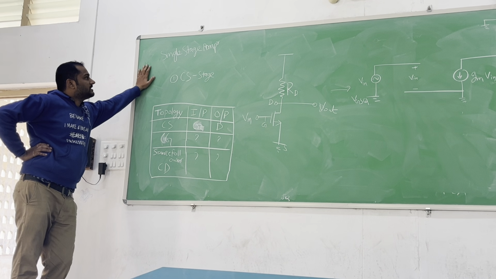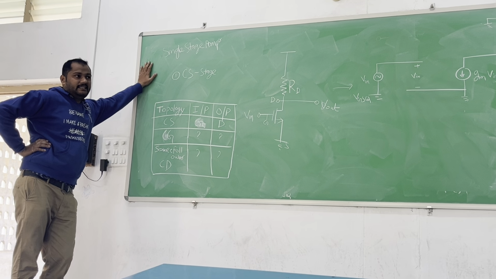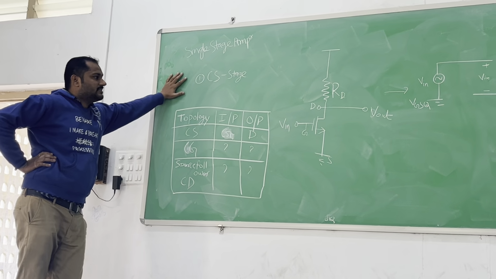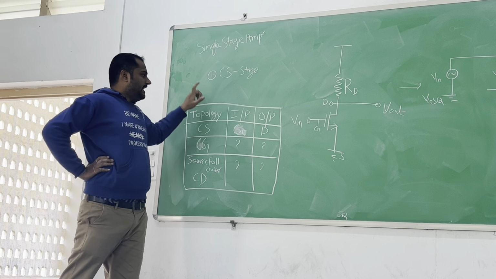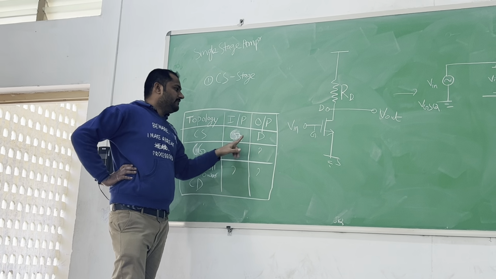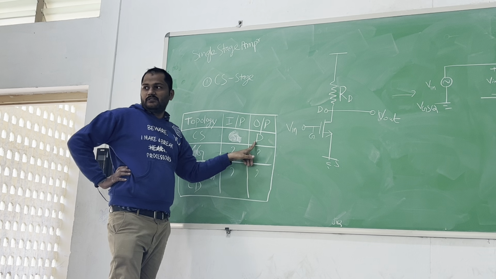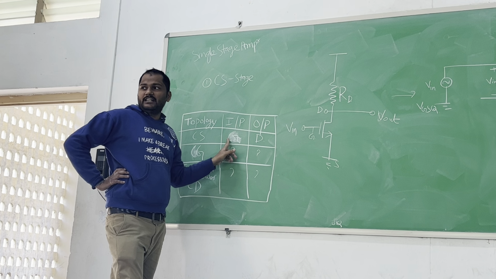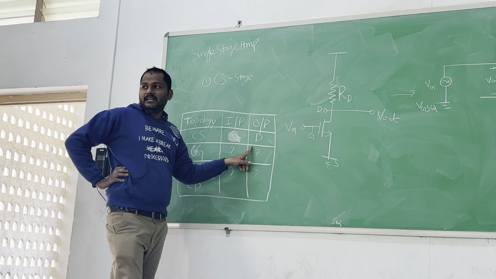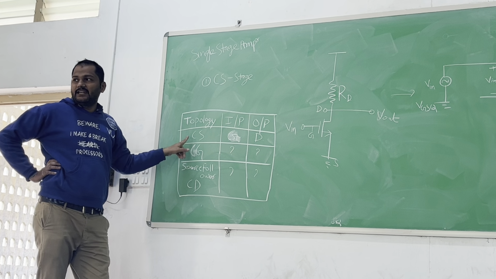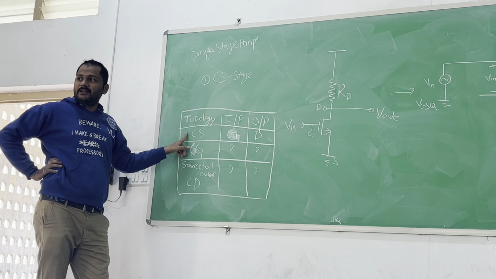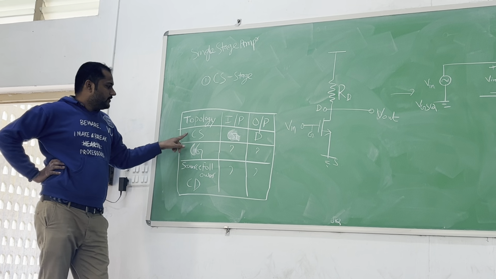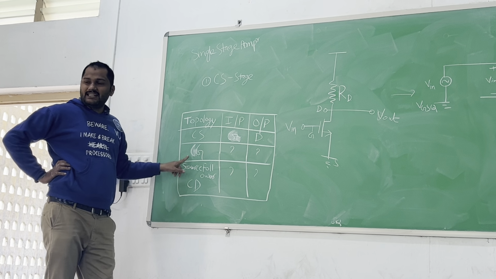So now we come to our single stage amplifier, and the first topology is called common source stage. Here the naming is, you have to see at which terminal you are applying input and at which terminal you are getting output, and the third terminal will be common, and based on that common terminal the naming will be done. Similar to this, another topology is common gate and common drain.